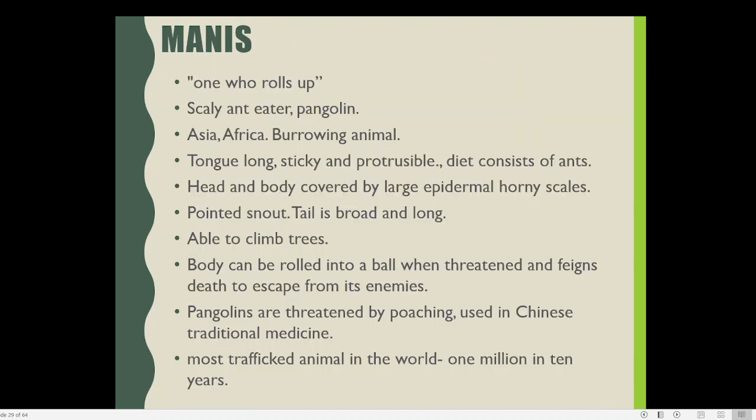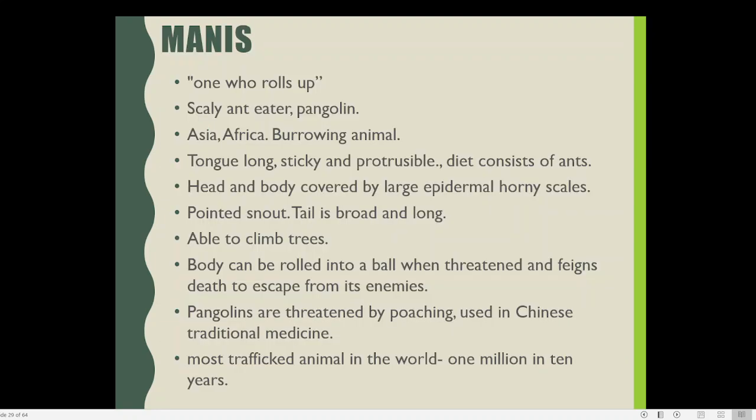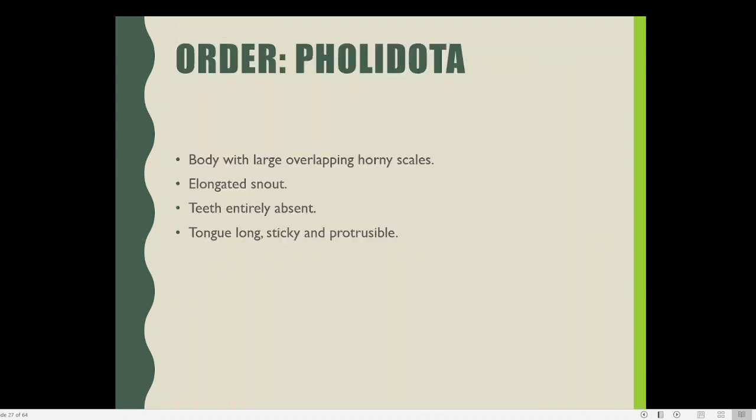I will show you the nature of this; these are all animals of the Manis. So they have a very long tongue, and the long tongue is helping, and it is also sticky. The tongue of the Manis is sticky. I will show you. Manis. See here, you can see that the tongue may be very long. In some you can see that it has a very large, very long tongue, and that long tongue is actually helping in